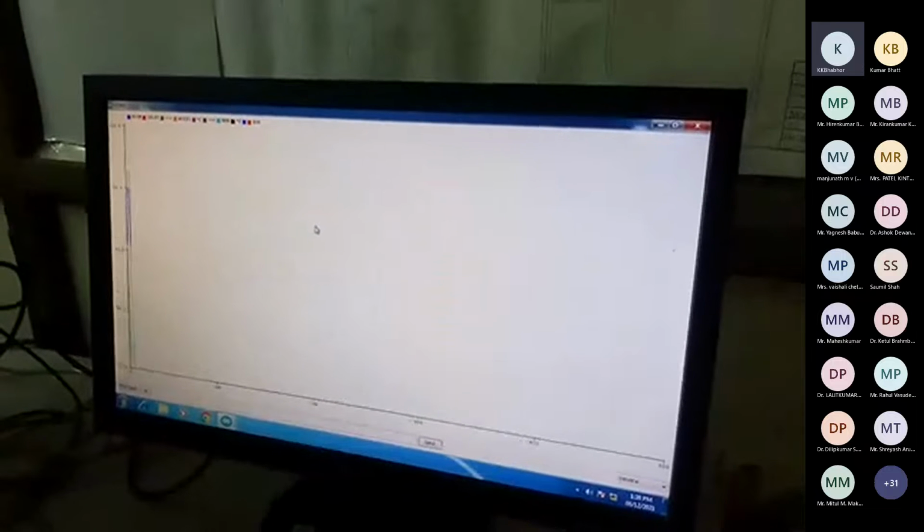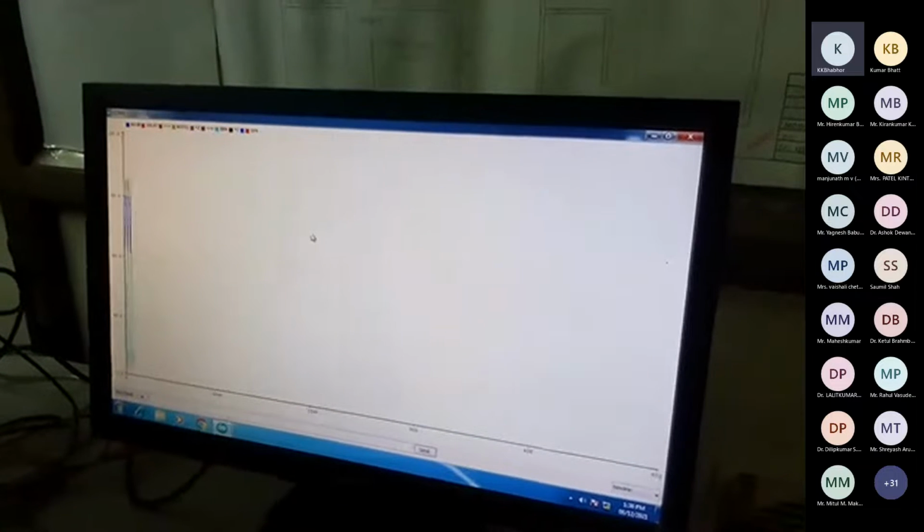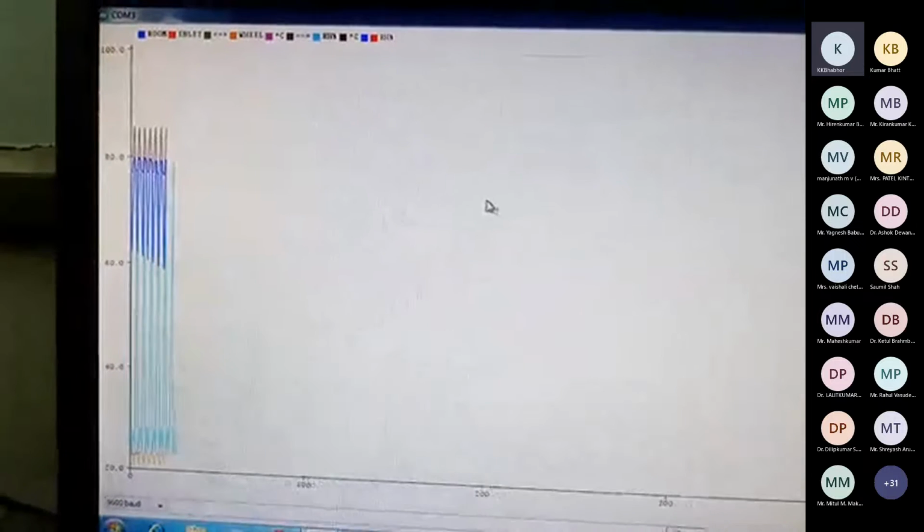That shows the relative humidity for all the components: the room, the inlet of the desiccant wheel, the outlet of the desiccant wheel, the inlet and outlet of the enthalpy wheel, and the inlet and outlet of the evaporative cooling coil, for all the sections of dehumidification. Similarly, we can obtain parallel results.